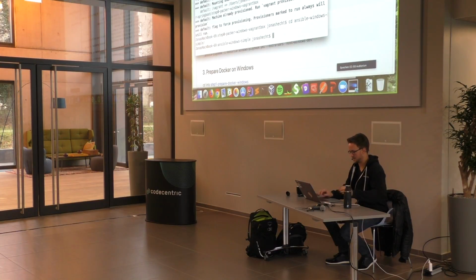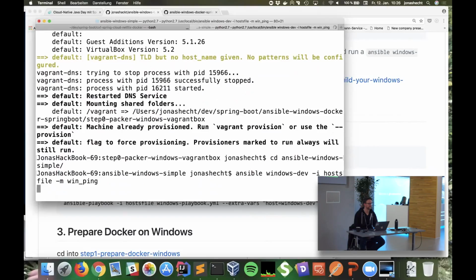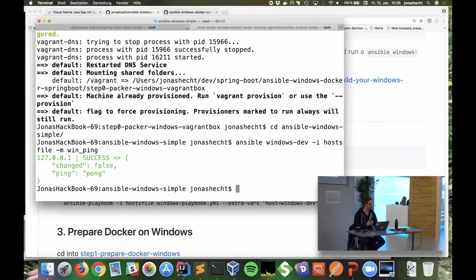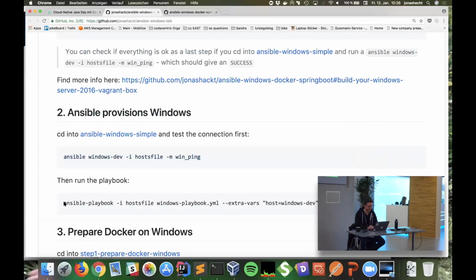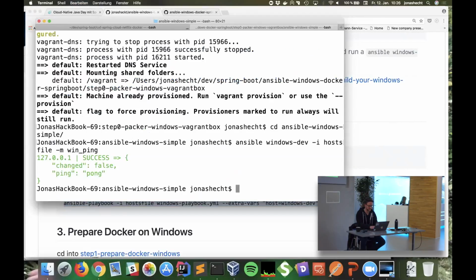Right, okay, so let's just see if the machine is pingable, because it's always the first thing you need to check if this thing is there, and it gives a success. And it's really cool because the Packer build is preparing us not only a Vagrant box, it prepares an Ansible-ready Vagrant box, because WinRM is open, all the ports are open and stuff like that. So we can just install Firefox, hopefully.